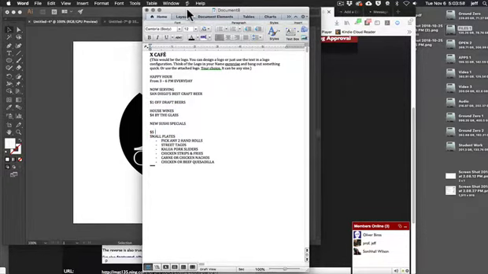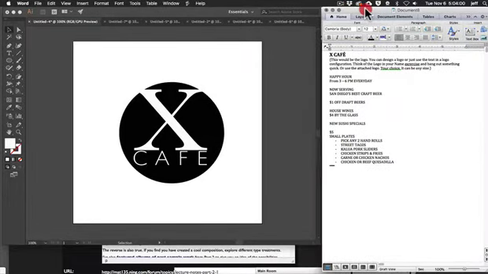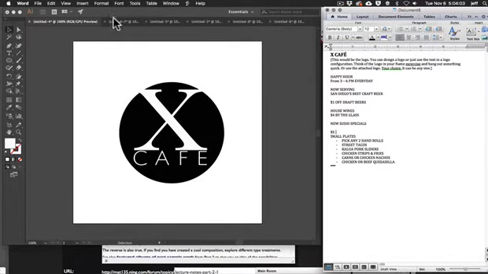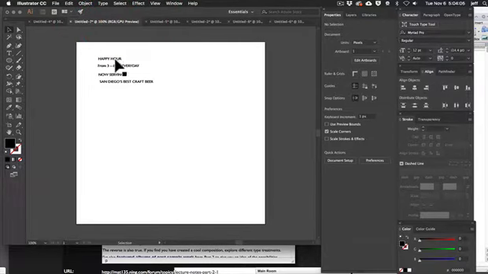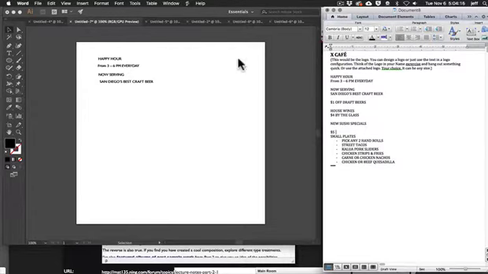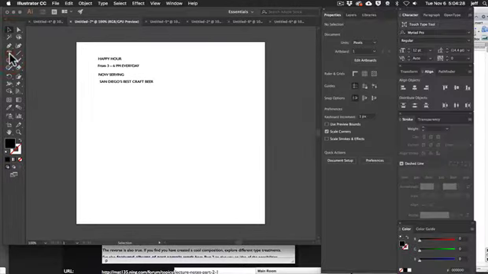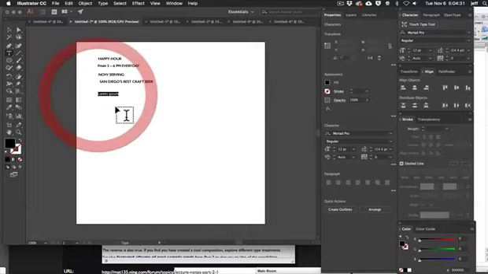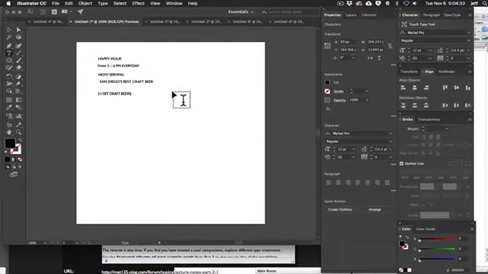Okay, so the easiest way to do that is to have your Word document off to one side. And what you're going to do is start by grabbing some of the text. So here I've just grabbed a couple of lines of text. The easiest thing to do is go over to your Word doc, and see I've got my San Diego craft beer. So I've already got this information in, right? So now dollar off draft beers. I can just click on that, copy it, Command C, go to my text tool in Illustrator, click once and paste. Bingo, there's my text, right?